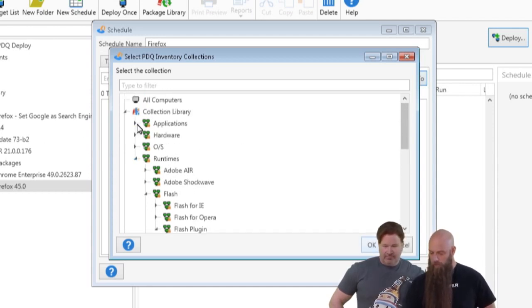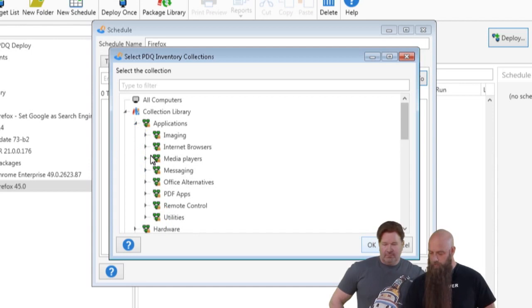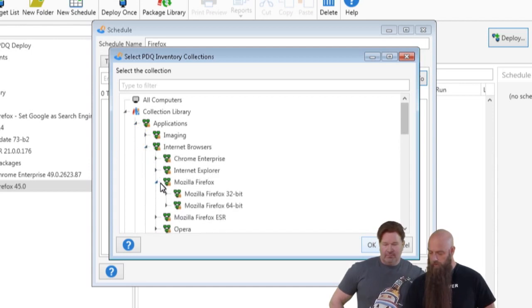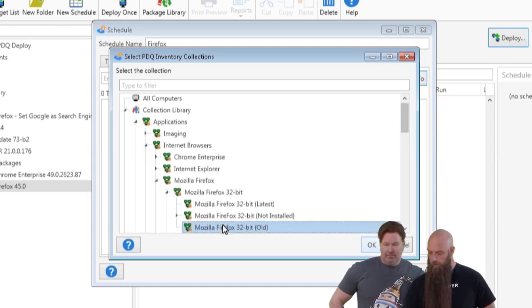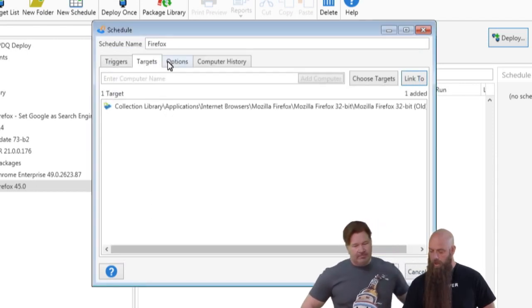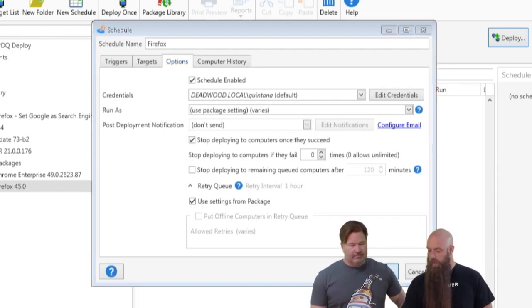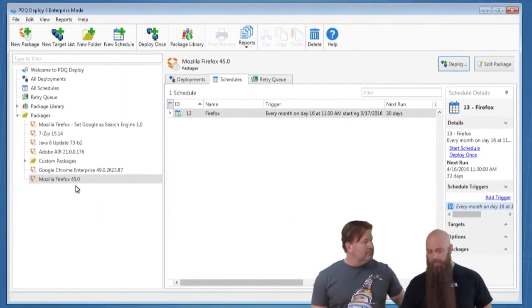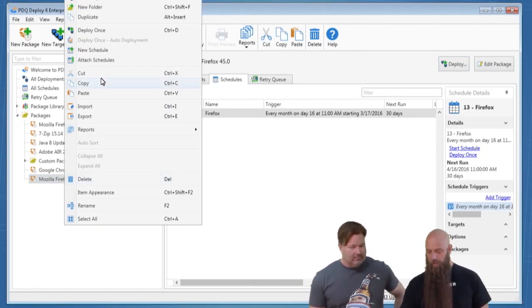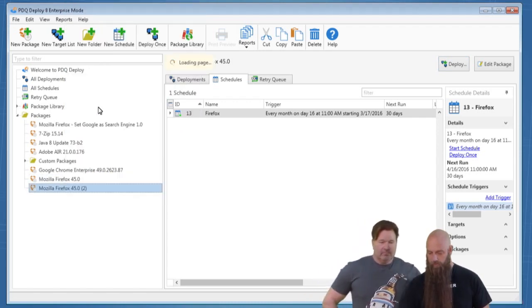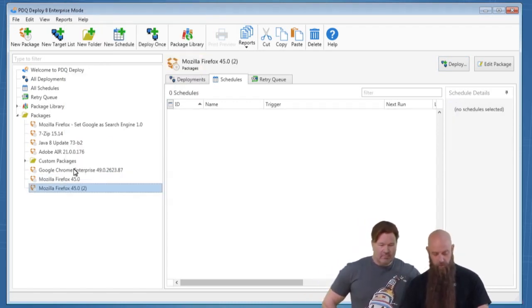Let's go to Firefox old or something like that. So we'll go to a collection, internet browsers, Firefox Old. Okay, so there's our targets. Options, notice, stop deploying to computers once they succeed. We'll say okay. Now, a new version of Firefox comes out. I'm going to duplicate this real quick just to imitate this. We'll call this